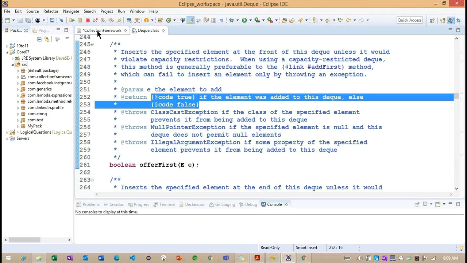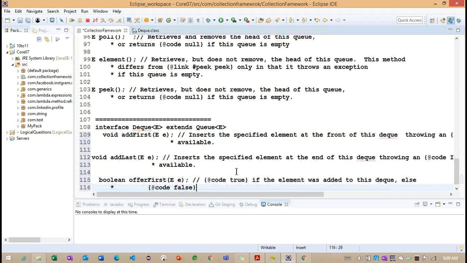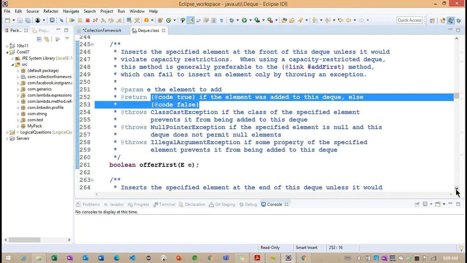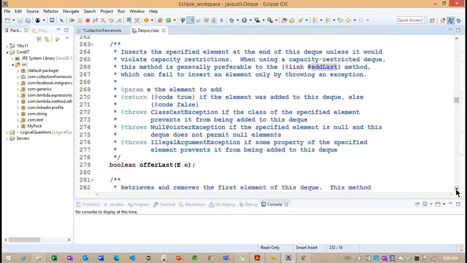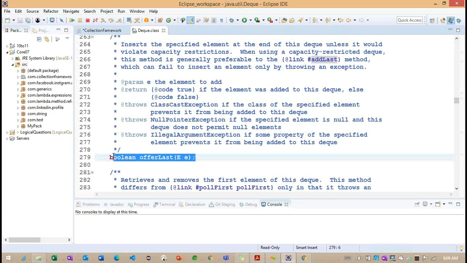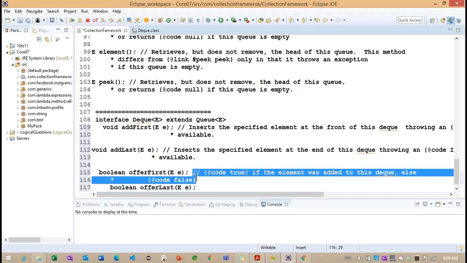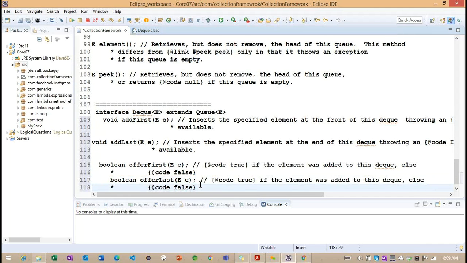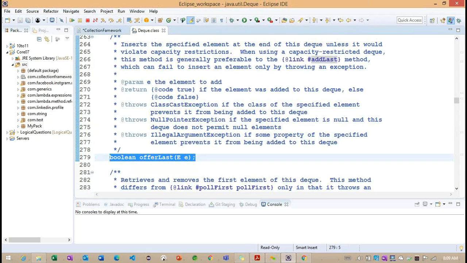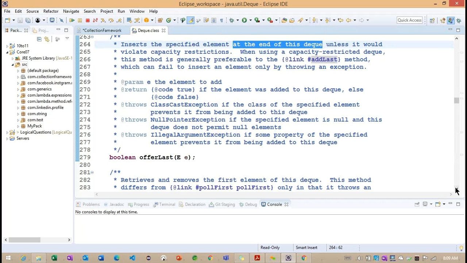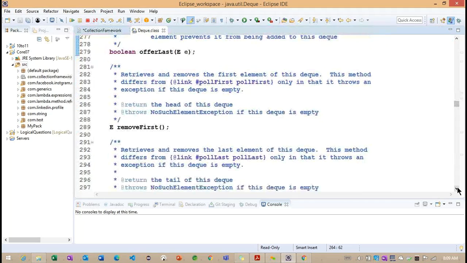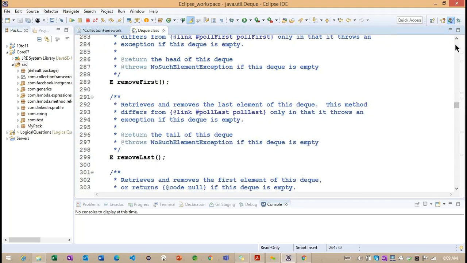So this is the only difference between addFirst and offerFirst. In the same way, we have one more method, offerLast. Getting the point. This offerLast also works the same way. It will return true or false, and the only difference is that it will insert the object at the end of the queue. Now we understand offerFirst, addFirst, offerLast, and addLast.